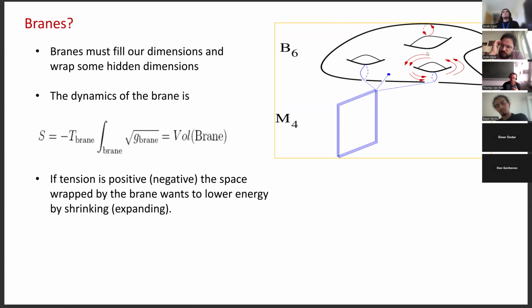normal quantum field theory is based on point particles, but why? Why would nature just restrict to point particles? And string theory is telling us, no, the main message of the theory is just that anything is possible. You can have points, you can have lines, you can have surfaces, right? And these we call branes. And the crucial thing for us is that a brane has a certain tension.